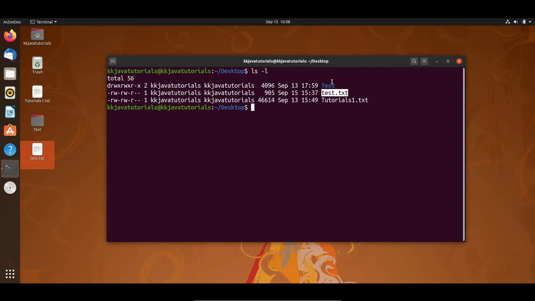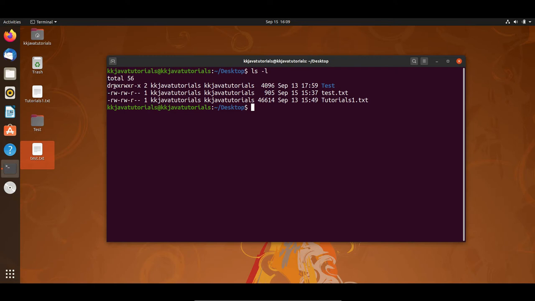So the last column represents the file or directory name, right? And that's how we have two text files, and they are represented by the dash. If you have some png file or some kind of image or mp4 file, then that will be represented as dash itself, right? Because those are files, right? So you understood this weird first character you see, right? In all these characters, the first character represents the type of file, right?